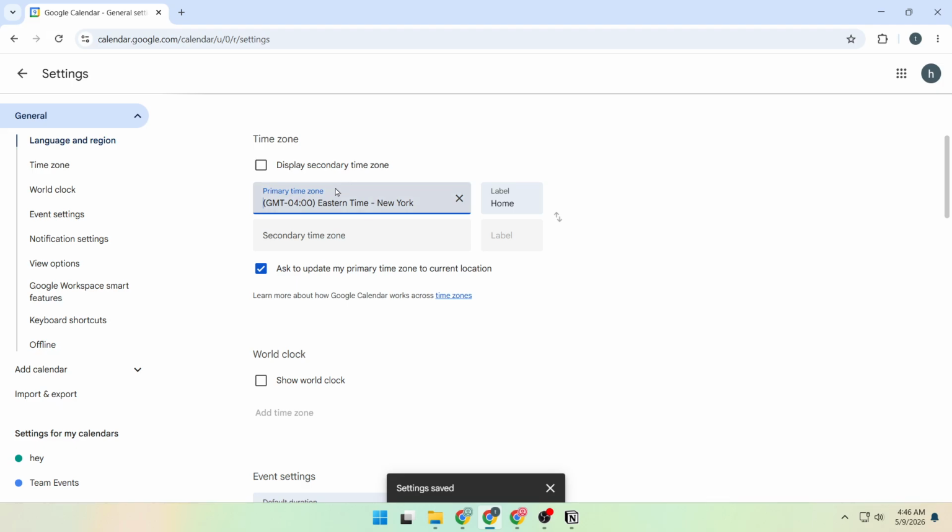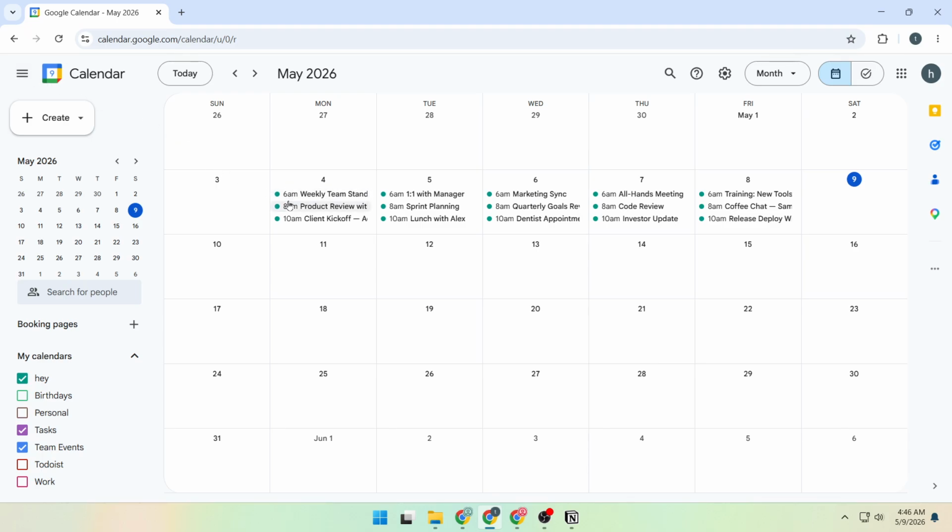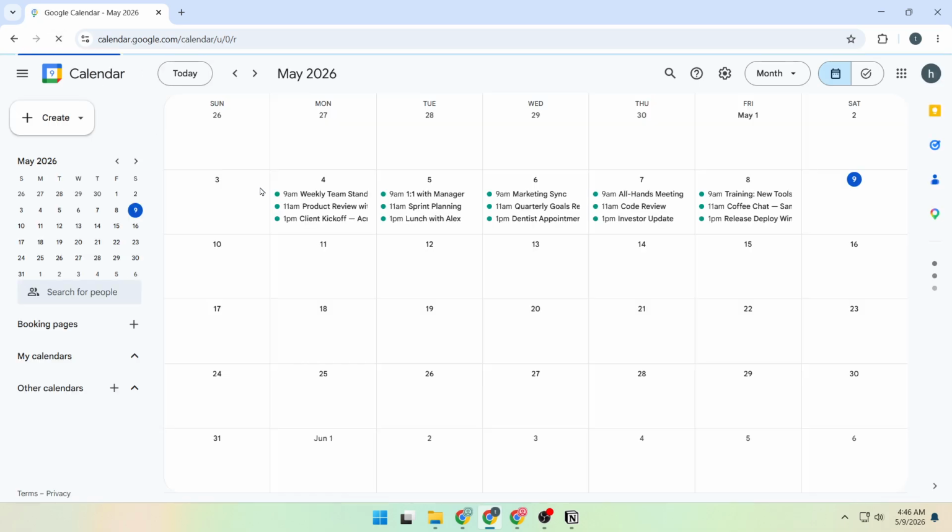In the top left, click the back arrow to return to the calendar. The same events now display at 9 a.m., 11 a.m., and 1 p.m. on the grid. They're in their intended Eastern Time positions. No re-import is needed, because Google Calendar stores event times in UTC internally and redisplays them in your current time